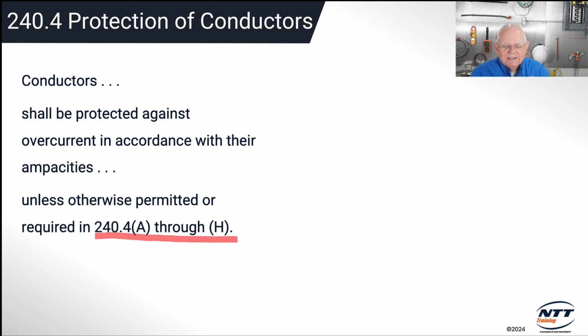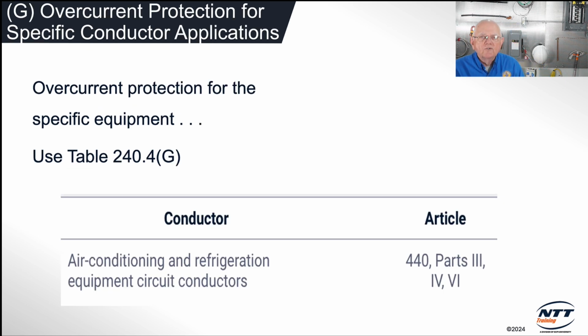However, unless it says 240.4A through H apply. Well, if we take a look, the answer is found in 240.4G. So 240.4, once again, overcurrent protection of conductors. And what 240.4G says is, you also have to provide some overcurrent protection for different types of equipment. And the very first one it lists in the table,